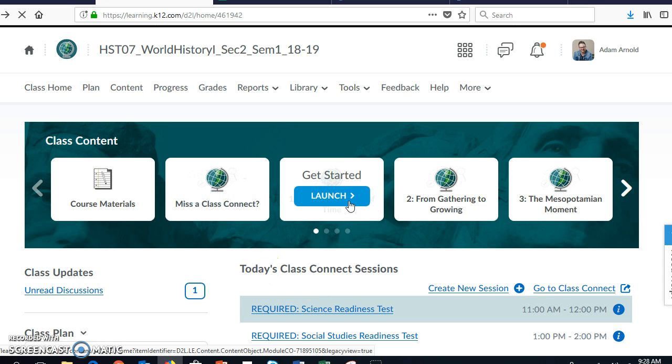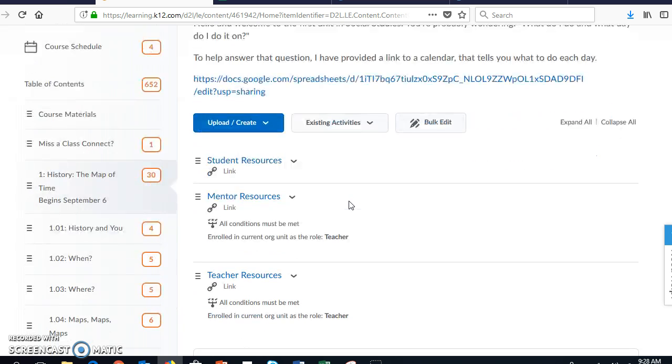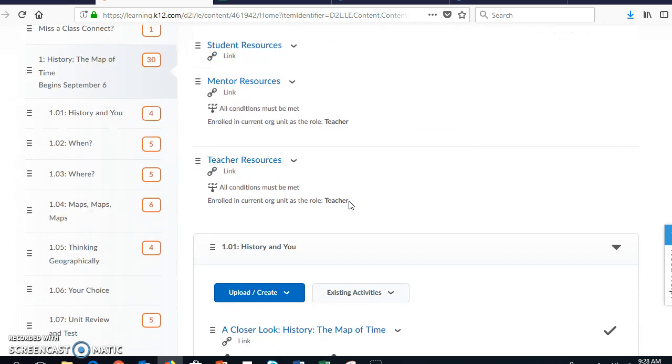So remember I said yesterday in class that you may have a physical textbook at your house that you got in the mail, but you really don't need it. It's just a supplemental material that we will reference from time to time. But all of your stuff is actually in the online school.